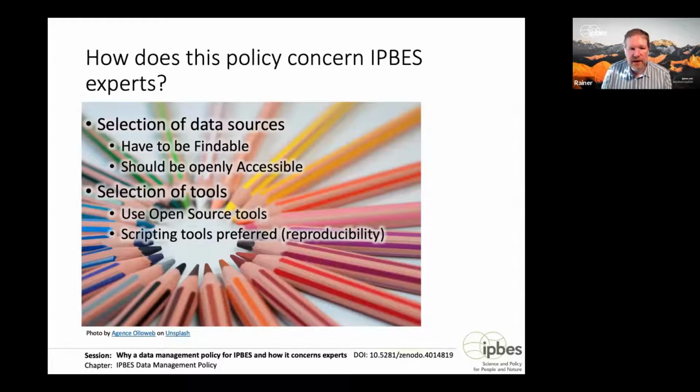There are many examples where essential databases are not openly accessible, but which need to be considered in assessments because otherwise crucial information would be missing. For the selection of tools, open source tools should be used, as discussed earlier, and scripting tools are preferred. More details about these selections can be found in the chapter Data Management of Active Research Data and in the chapter Tools for Data Management.